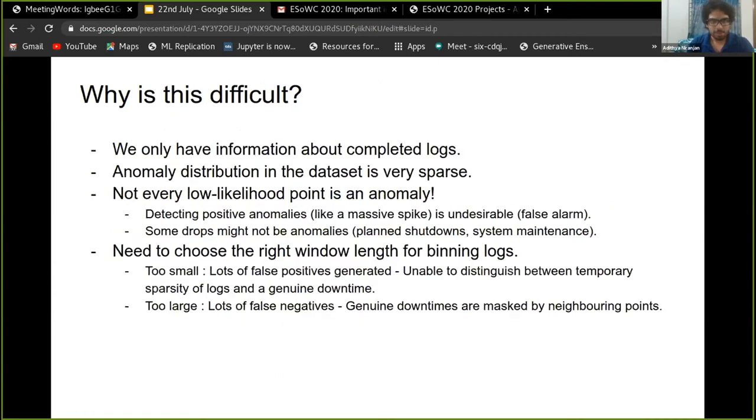So why is this a difficult problem? Until now, it seems like looking at the KPI, we were able to detect all the anomalies without much trouble. Firstly, the anomaly distributions are very sparse in the existing server log data.